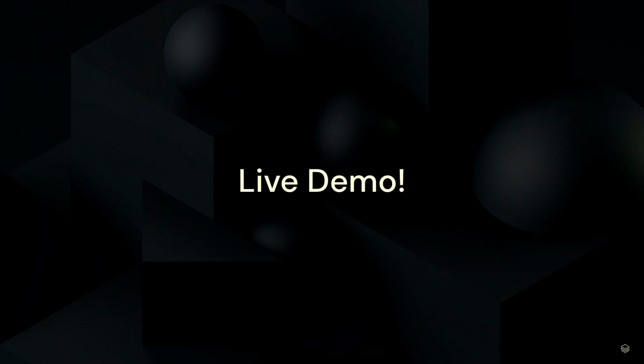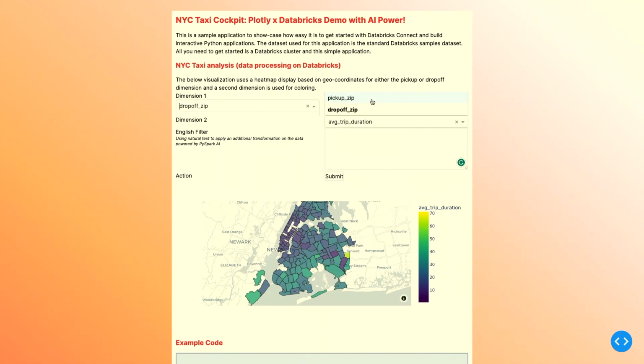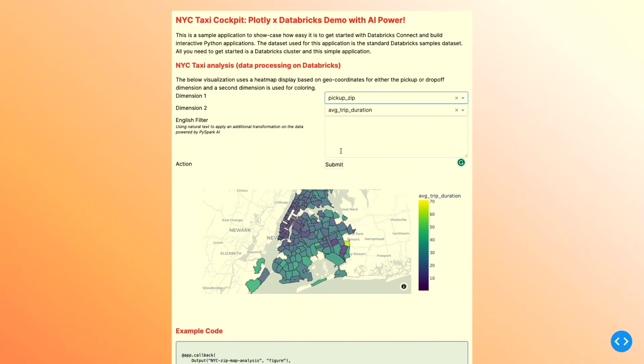Of course. Wait, where's my mouse? I was told, there it is. All right, so let me quickly check if everything is still running. Yes, it is. All right. So this is the application. Please excuse my weird skills in using Plotly as well. Every time I click something, it goes back to my Databricks cluster, runs a query, and comes back with a result. And now, I was thinking, okay,